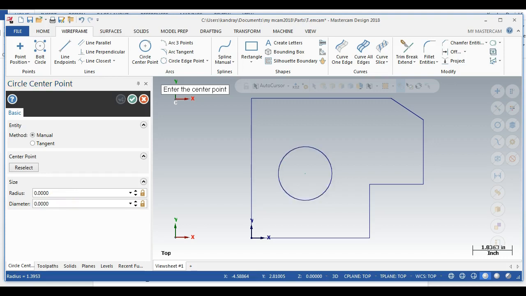Hit enter, and then we're going to do the top, but you can see the top is coming from this corner, so we're going to hold down the shift key and select that point, keep our mouse there, and it's going to be 5 and minus 1.5. and that has a diameter of 1.5. Okay, and that completes